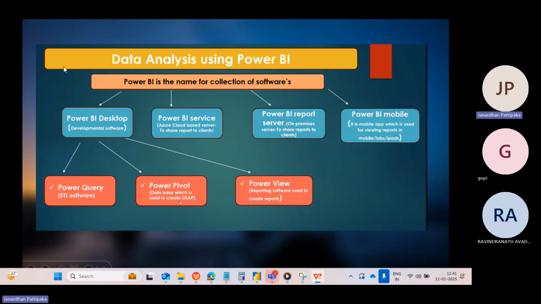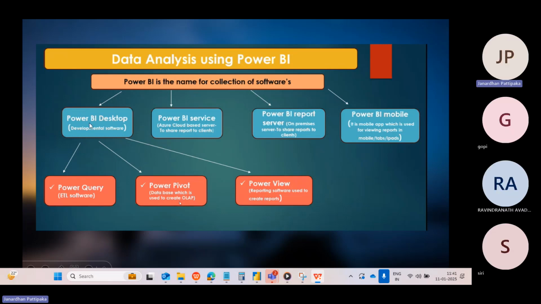And again, when you look at this Power BI desktop, I will show you what is Power BI desktop, what is Power Query, what is Power Pivot, what is Power View. First, let us understand theoretically, and I will show you how the Power BI desktop will look. When you look at the Power BI desktop, this is the process where you build the reports,